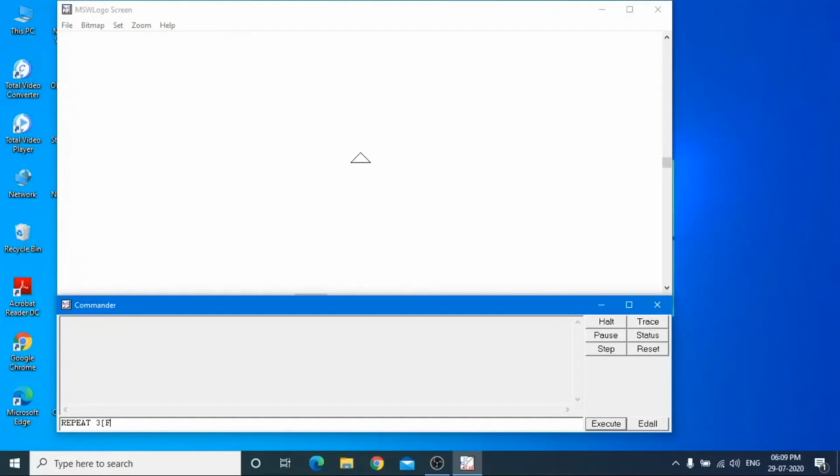So take RT space 120 and then close the bracket. Now click on execute. This is the triangle that you have made using the repeat command. Repeat, the number of sides, that is 3, then FD 200, this is the side of the triangle, 200 steps, and RT 120. Now clear the screen, CS and then CT.